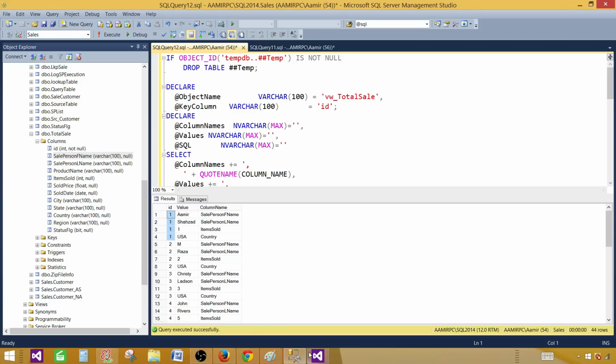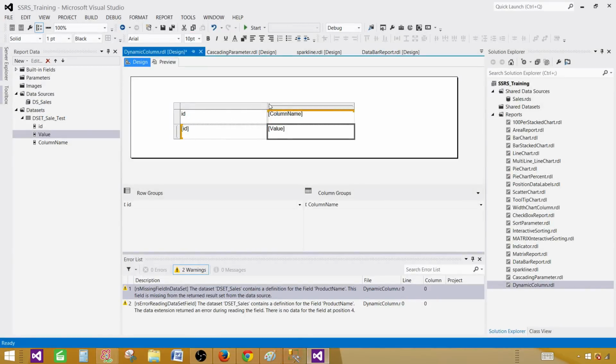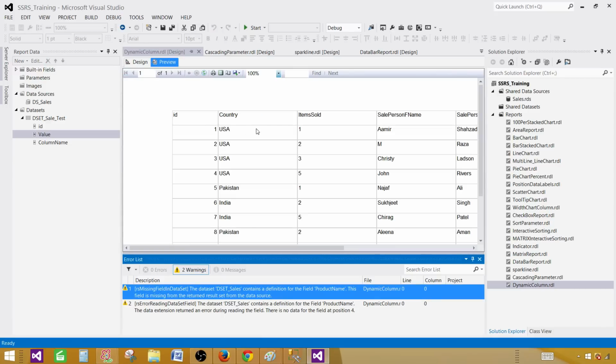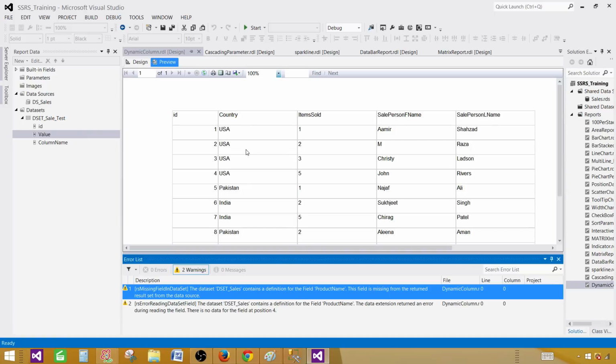So this is not going to be sum or anything. This is going to be a detailed report. We are using matrix to handle that, as we cannot add or drop the columns in the table item in SSRS. So let's preview the report now, and as you can see, our report has all those columns: country, item